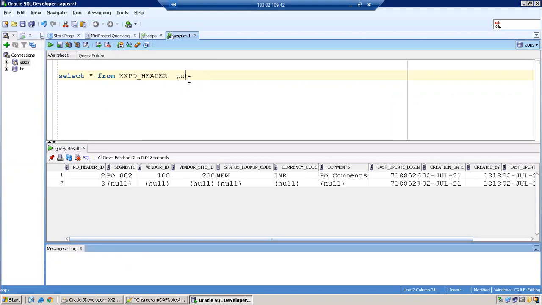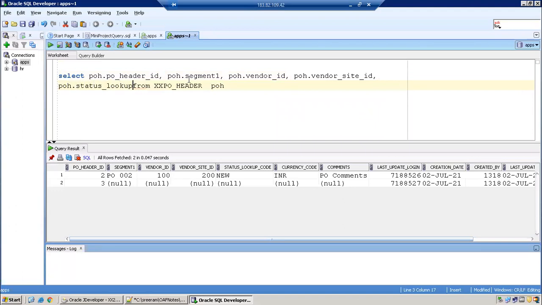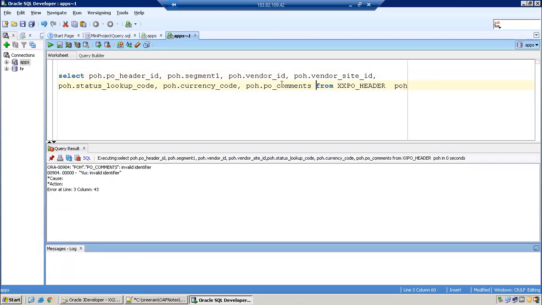So I'll just say pivoh dot pivoh header ID, pivoh dot segment 1, pivoh dot vendor ID, pivoh dot site ID, dot status, dot pivoh columns.